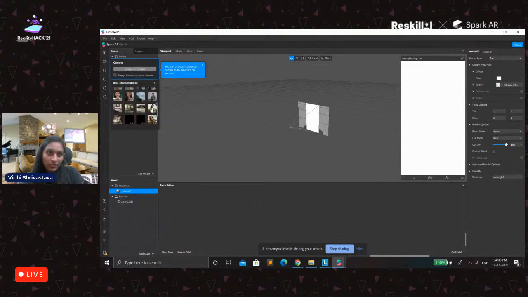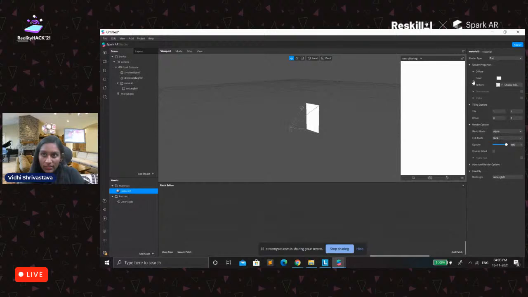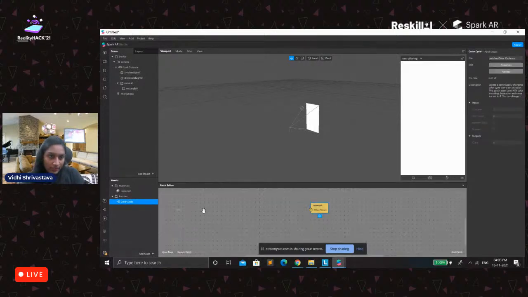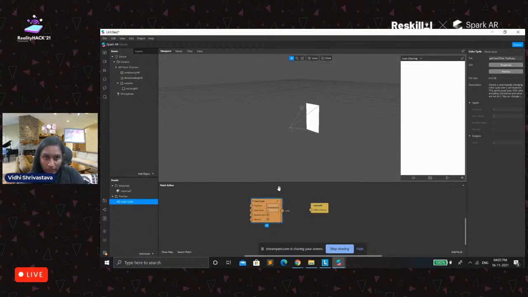Let's change the simulation. And once the texture is extracted, we'll take this color cycle and extract it to the patch editor. Let me zoom in.